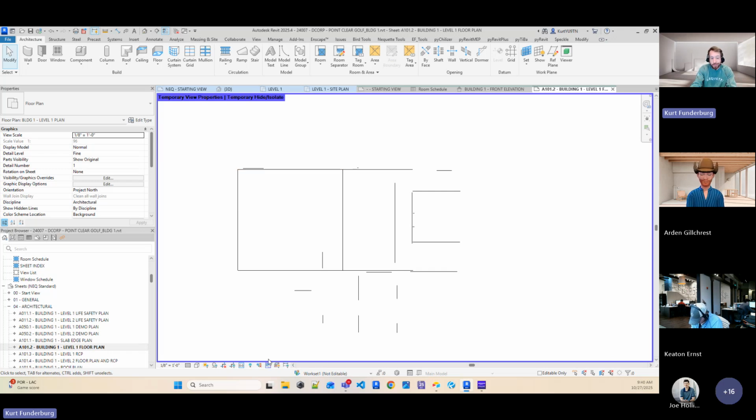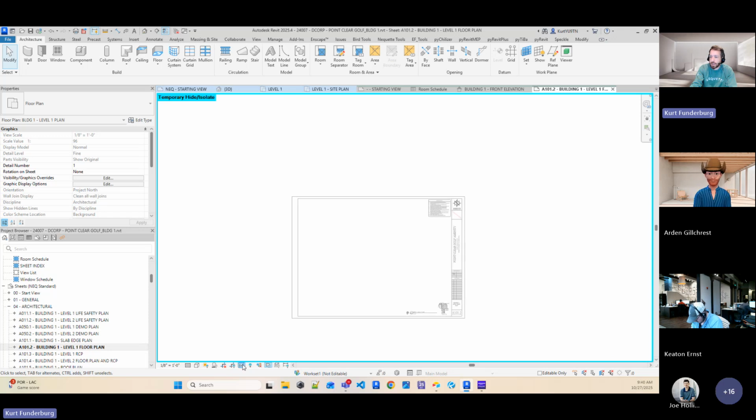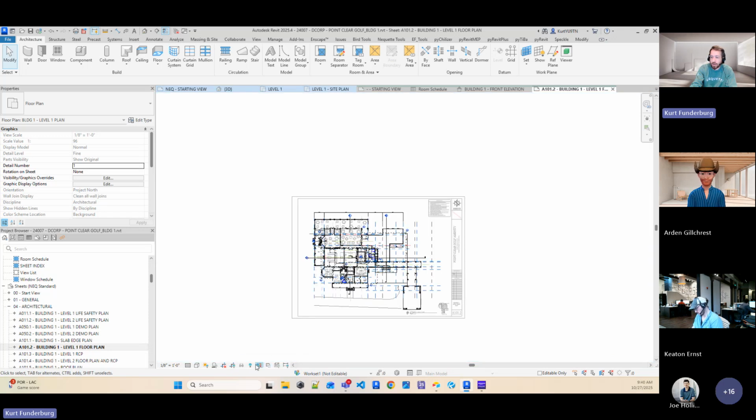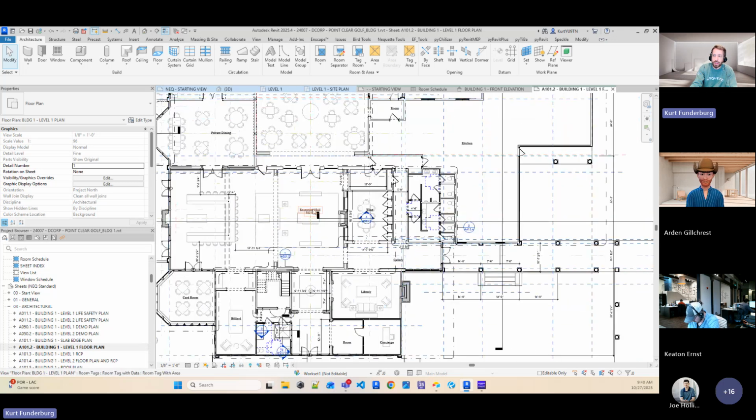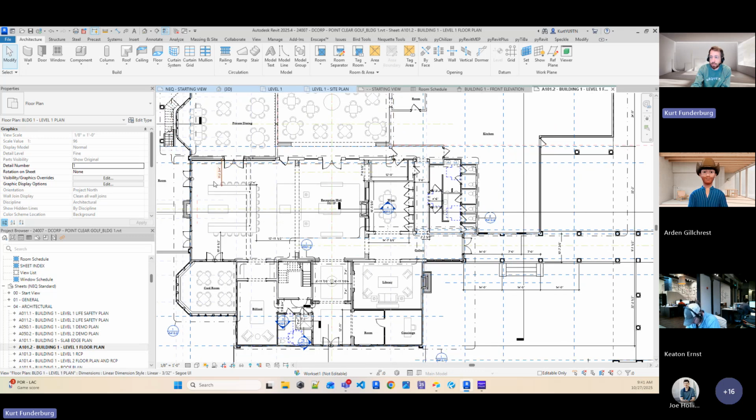Now, when I'm done with this and I don't want this line to be there, and I'm not going to mess with their model, I'm just going to restore view properties, and it's going to snap it back into place. And then I'm going to reset my temporary isolate category, and it's back to where I was. The room separator lines are not things we want to see. We don't really want to see that extra line there separating those places out, but they are helpful to separate spaces that are very open, as in this big space is a separate room